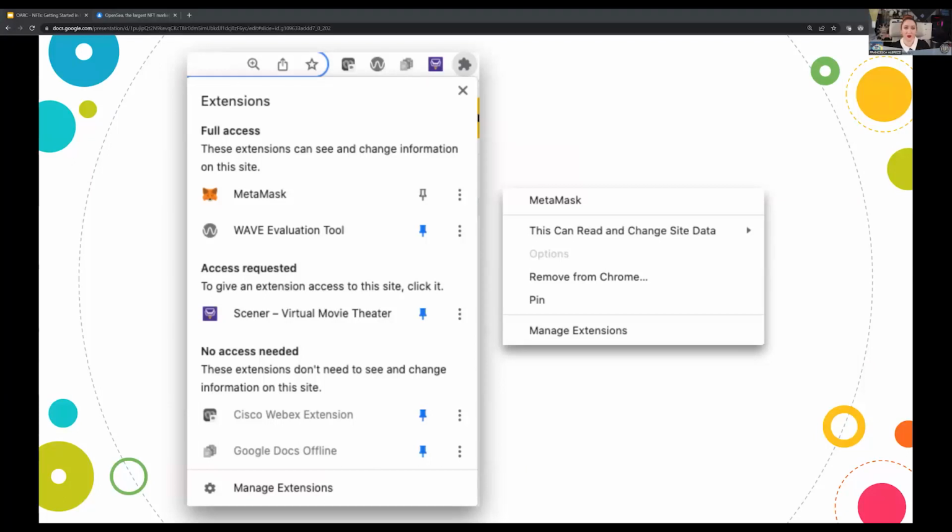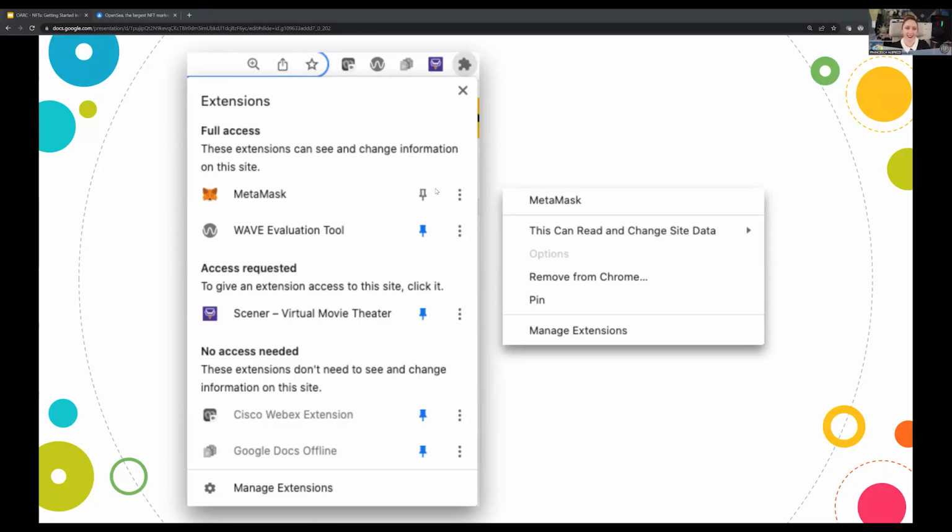So if you ever want to find, remove, or manage your MetaMask extension, go to the top of your browser and to the right, just to the right of where you type in the web address, you'll see a little puzzle piece icon, like I pointed out just a second ago, this thing over here. You can see it screenshot here. You can click on that to view your extensions, and then you'll select the pin, this little pin here.